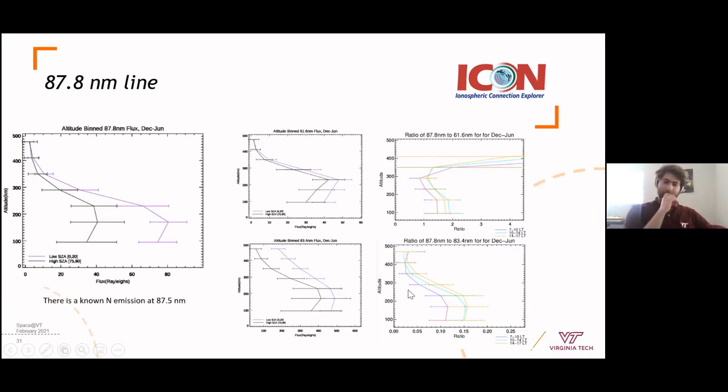834. So there is a known nitrogen emission at 87.5. So we thought, what if we're picking up that nitrogen? That would be really cool. It's something that wasn't being planned. And furthermore, if you'll recall, the FUV detector is being used to measure N2. So if we can measure nitrogen with the EUV detector, that would be very helpful, right? We can corroborate against the measurements that are already being taken in the FUV, since we expect this N and